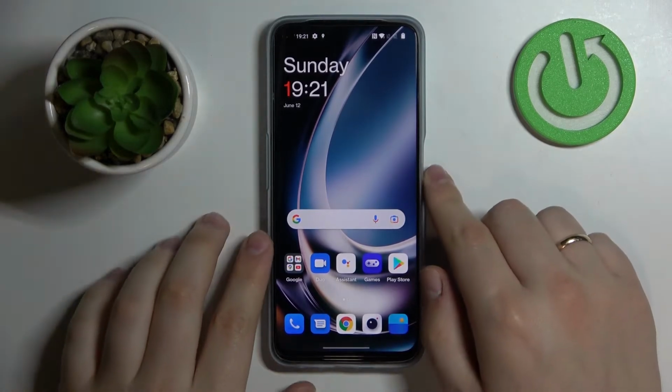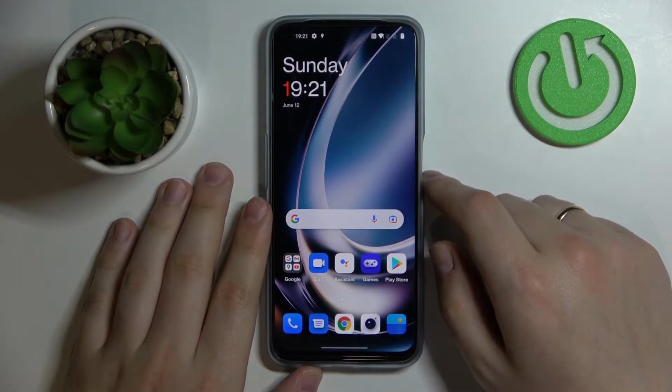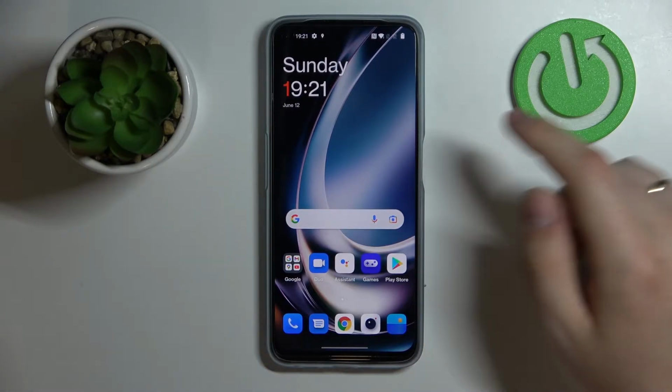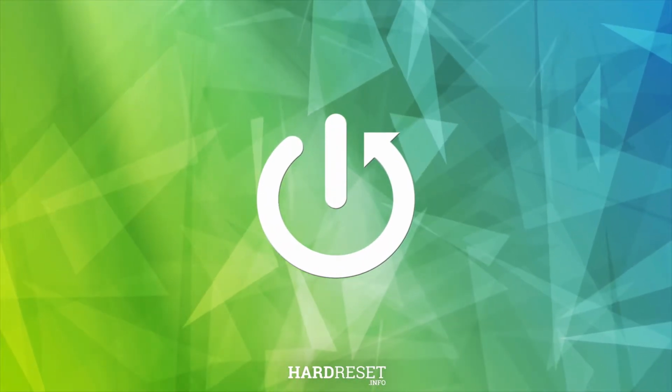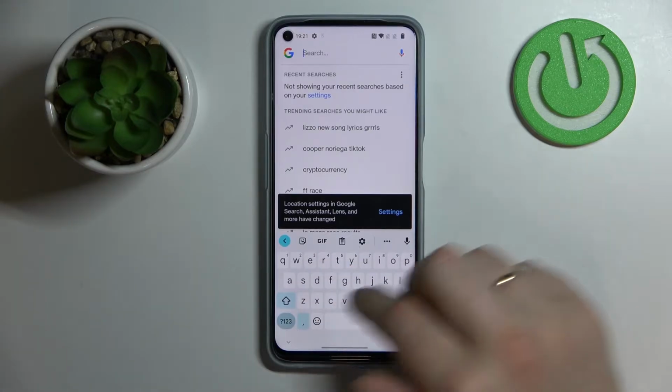Hello everybody, today in front of me I have OnePlus Nord CE 2 Lite smartphone, and in this video we would like to showcase how you can enable the separate number row on top of the characters at the keyboard of this device. So first of all, let me show how does the keyboard look without the separate number line,